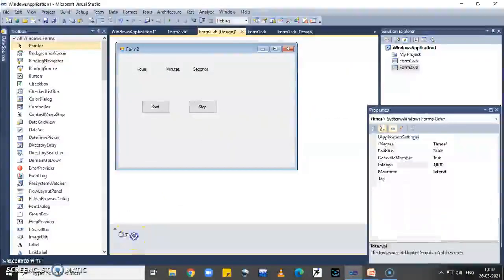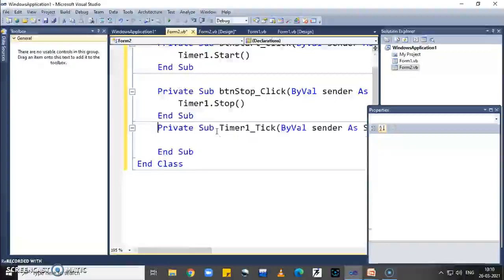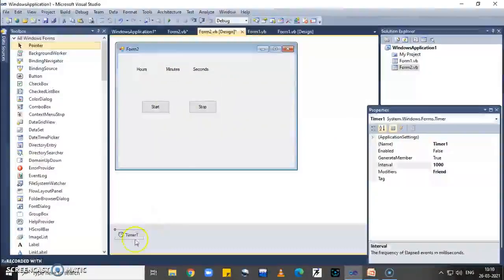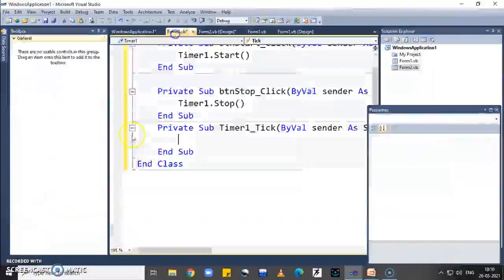Now coding. First of all, click on the timer, Timer1. So the default event is the tick event. It is executed when 1000, meaning the timer's interval, has elapsed. So here, first of all, I write the code. I want to display the current hours, current minutes, and seconds in our labels.